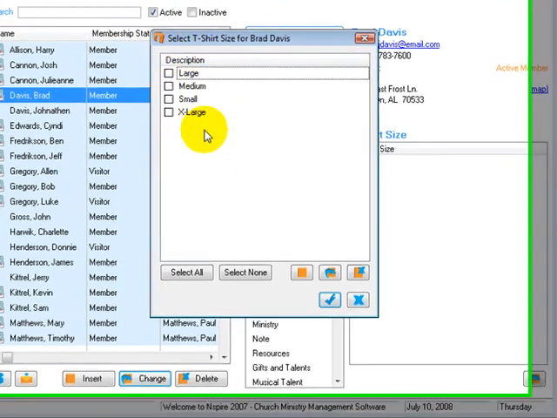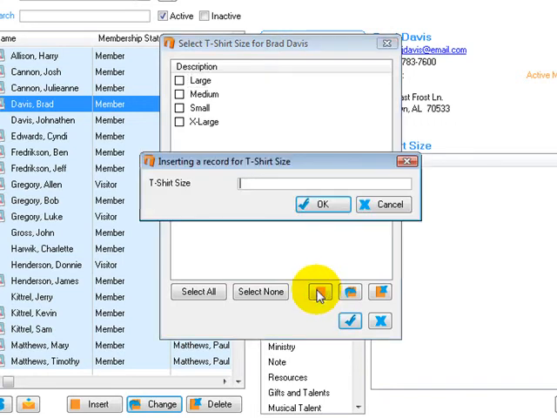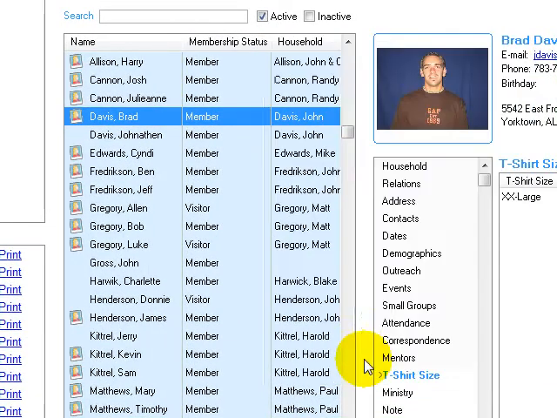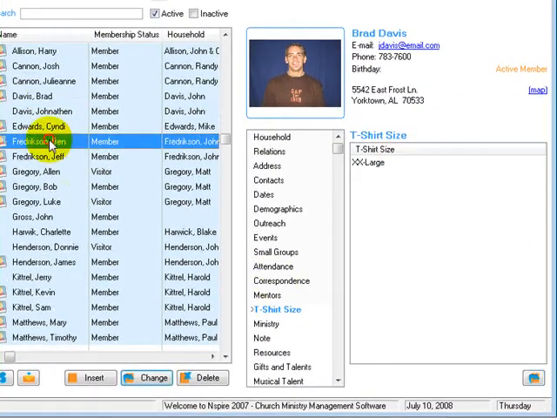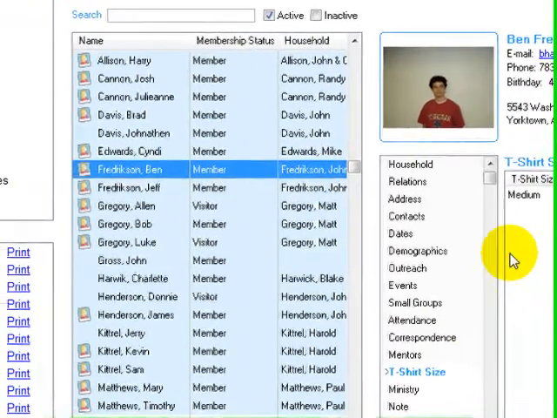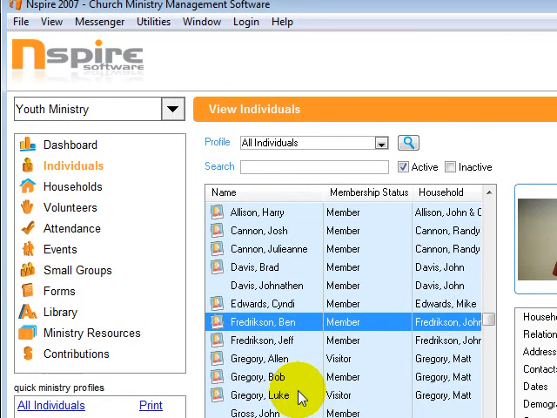So you can see that I don't have that field inserted into this list of items. So instead of having to go back to customize pages and do it there, I can insert a field on the fly by clicking on this orange block, and I could say that he actually needs a XX large and click OK. I'll simply check that off and choose OK, and do this for a few other people. We'll do another medium,